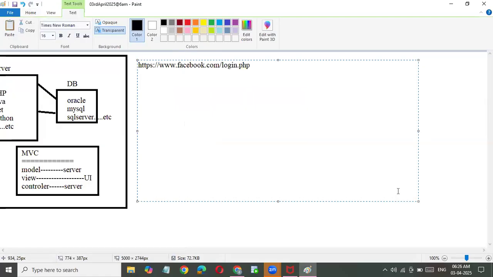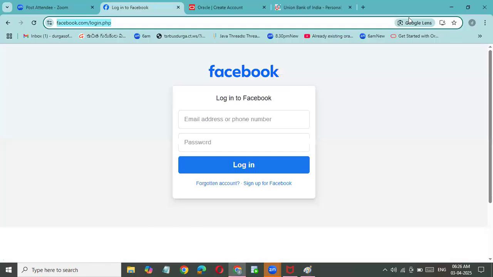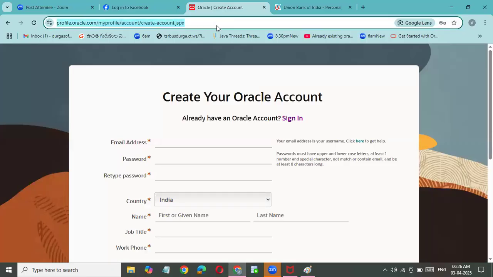Three-tier architecture, MVC architecture, you can observe here. This UI page is connecting with the server page, that is PHP. PHP is connecting with the database. This database may be MySQL, SQL Server, MongoDB, any one of the databases we can use. Similarly, if you check the Oracle create account page,